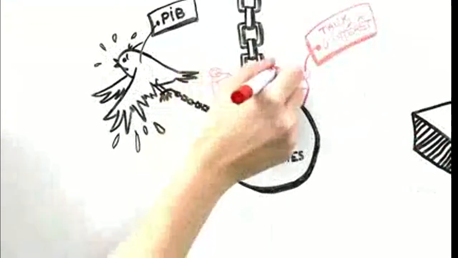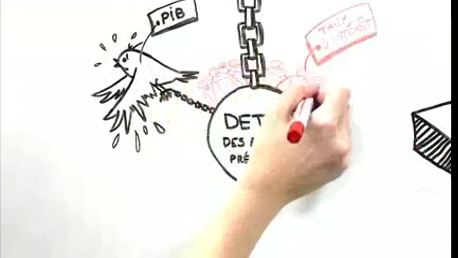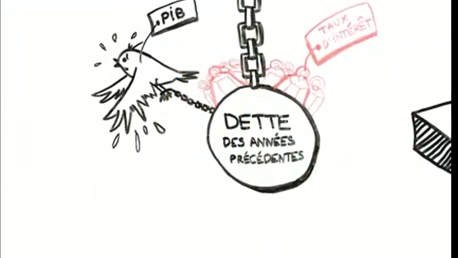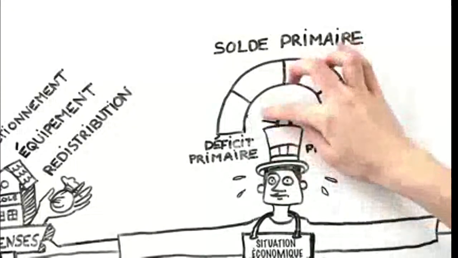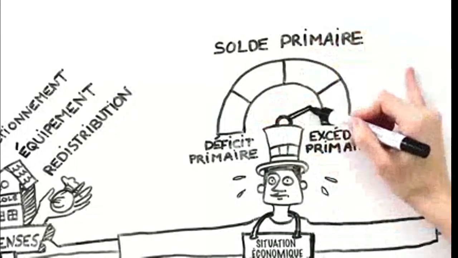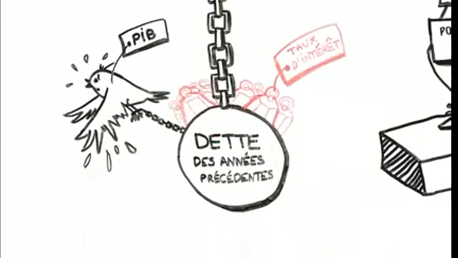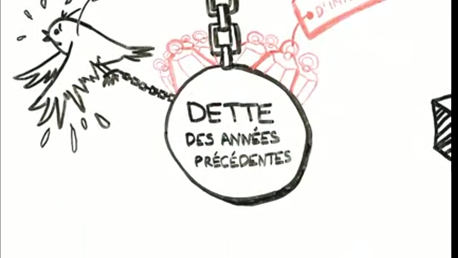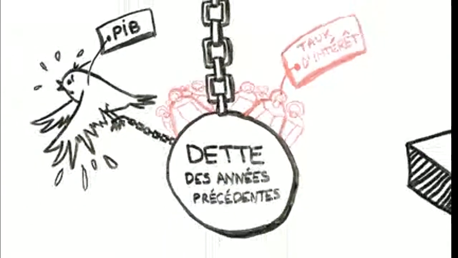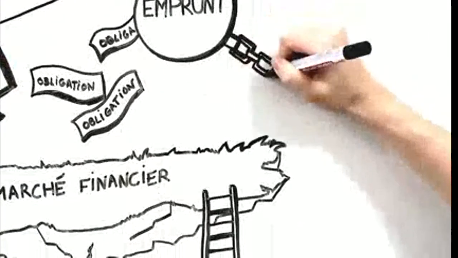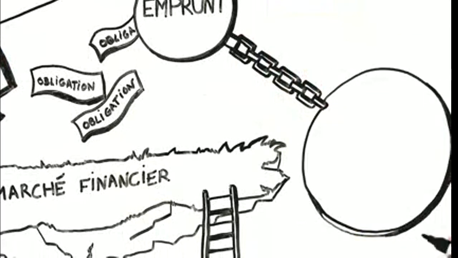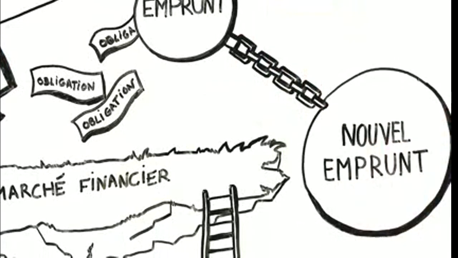This pushes bond yields up further, increasing the country's interest payments and making it even more difficult for the country to meet its payments. The only way to slow its debt is for a country to run a budget surplus. But if it has too much outstanding debt, or if its bond yields are too high, the country may find itself unable to repay existing bonds without issuing new ones.